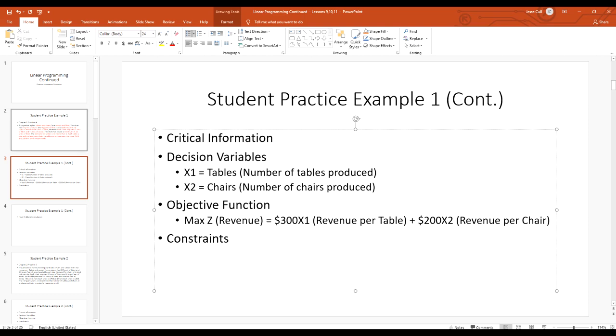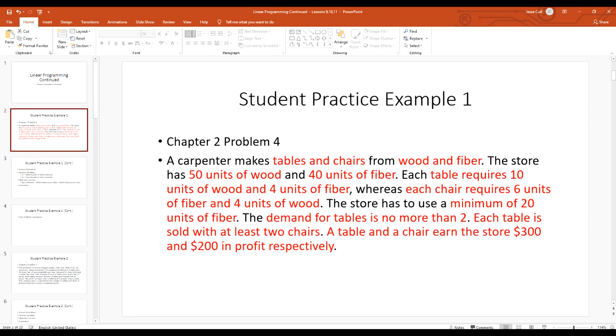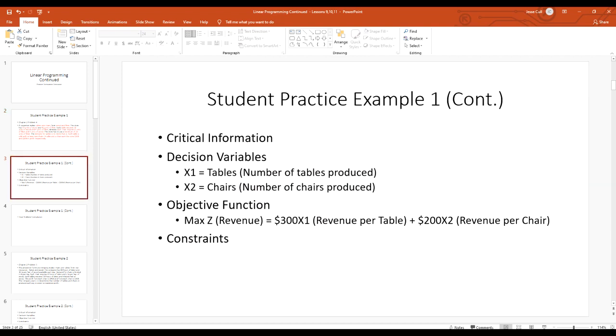So our next step is going back here and looking at our constraints. Our first constraint, we have 50 units of wood. Our second constraint, 40 units of fiber. And we know it's 10 units of wood and 4 units of fiber for a table. Table is X1. And 6 units of fiber and 4 units of wood, they're reversed for each chair. So we come down here. Our first constraint